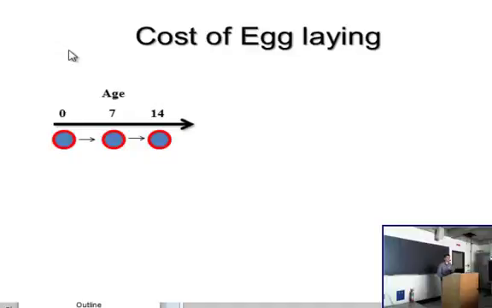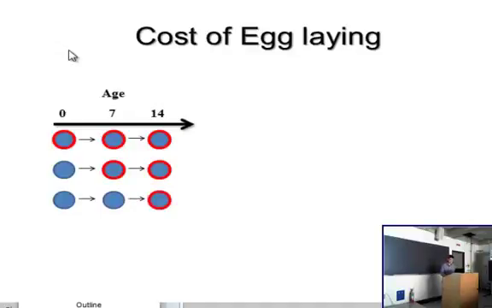To see how limiting the oviposition rates affected lifespan, I constructed a treatment structure with two different deprivation periods of host. The first deprivation period was a 7-day period. So at eclosion, the flies did not receive the host, which is represented here by the lack of the red ring around the circle. At age 7 days, the host is introduced and then provided daily until death. A second deprivation period was a 14-day deprivation, where the same pattern occurs, and at age 14 days, the flies are provided with the papaya pieces.